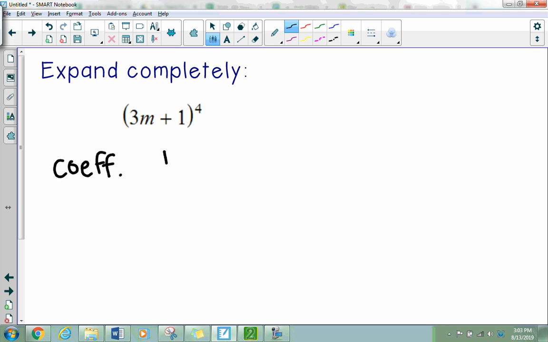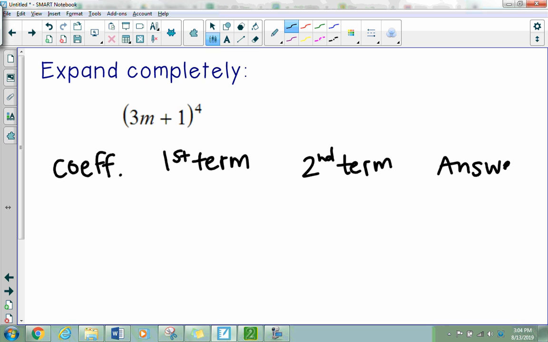I need the first term to start at the highest exponent and decrease, and I need the second term to start at the lowest exponent and then increase. And if I put all those things together, I'll get the answer for each one of the terms in the expansion. So I kind of set up a table like this